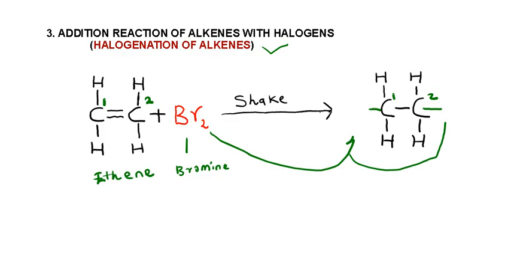So we have a bromine atom here, and also a bromine atom here, bonded to carbon number 1 and carbon number 2. And therefore, a saturated compound will be formed, called